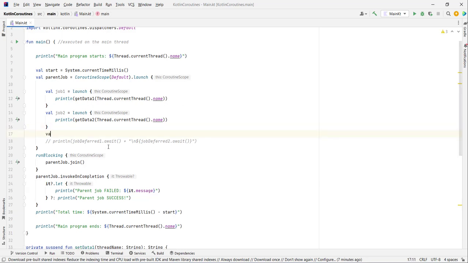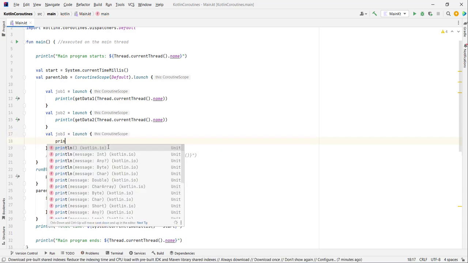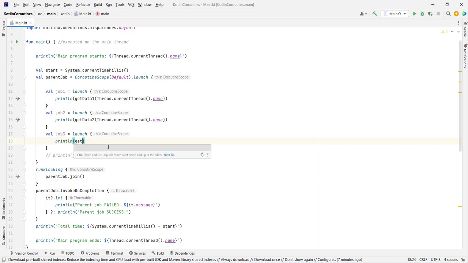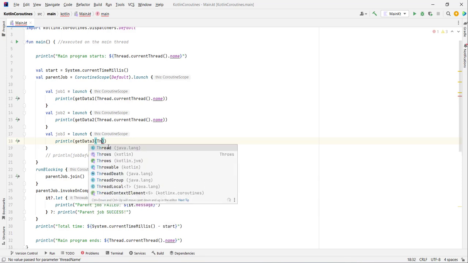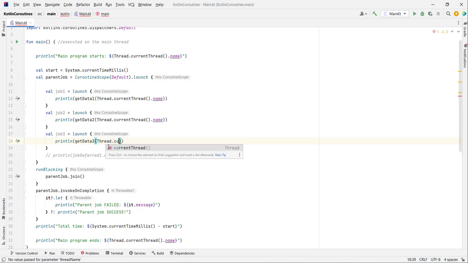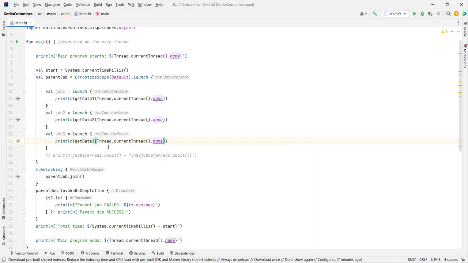So we type val job3 equals, and we're gonna create a coroutine using the launch coroutine builder, and add a print line here. We're gonna type get data3, and for the parameter thread name, I'm gonna type Thread.currentThread.name, and that is gonna give us the name of the current thread. Now if you run this code,